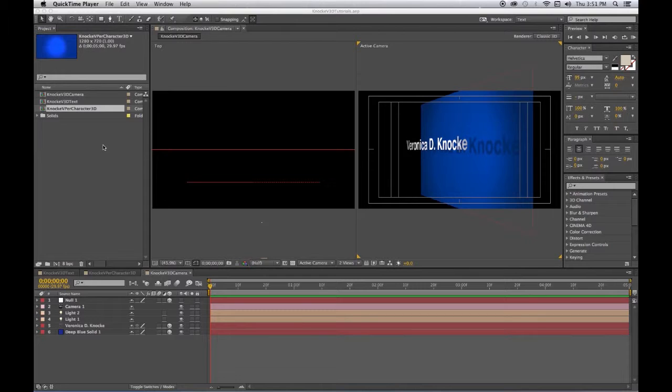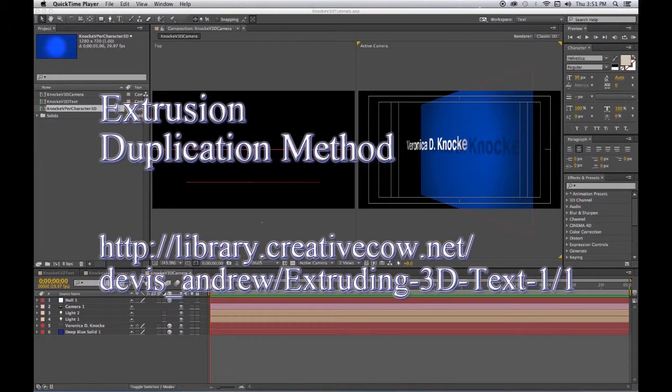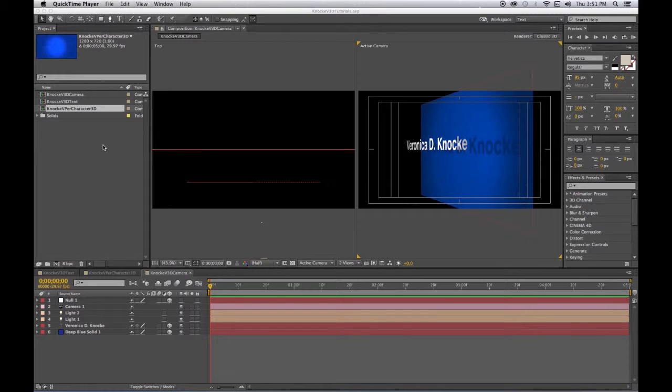Okay, now we're going to do the classic 3D extrusion duplication method, which was explained in the creativecow.net link that I sent you. I will put that also in the comments. So you can use an expression to automatically position each duplicated layer in Z space, and this is important because otherwise you'd have to type it into every single layer, and you need to have a lot of layers to